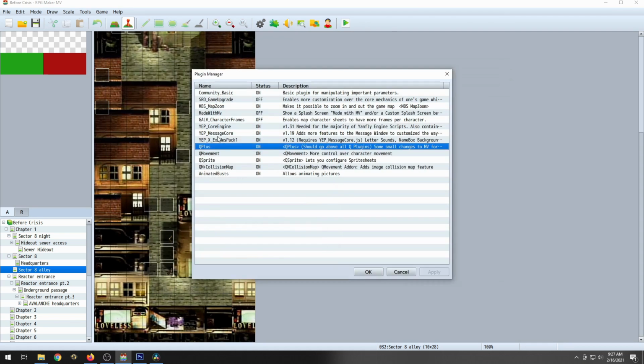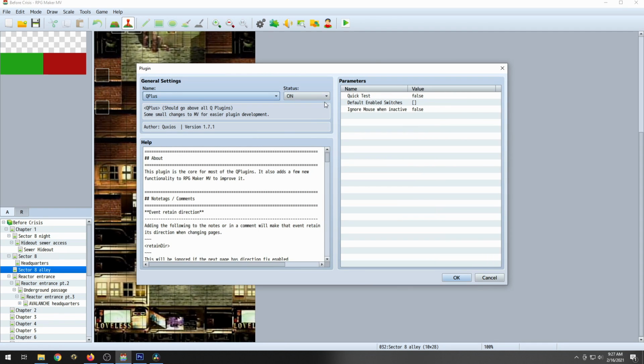So again, just like this being the main plugin for these two, this is the main plugin for these. Everything under Q, this is the default, the thing it's referencing. Quick test, we actually want to turn to true. That allows us to bypass the new game and continue screen. So going forward, this will probably be on true, so we don't have to worry about the title screen when